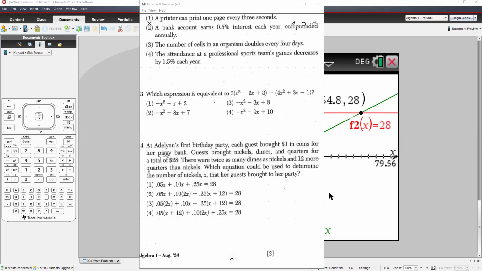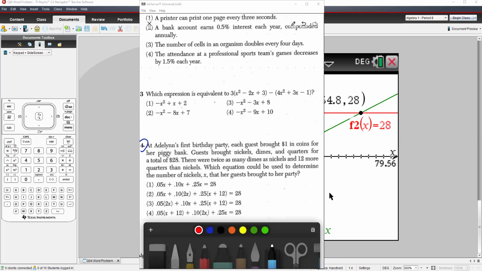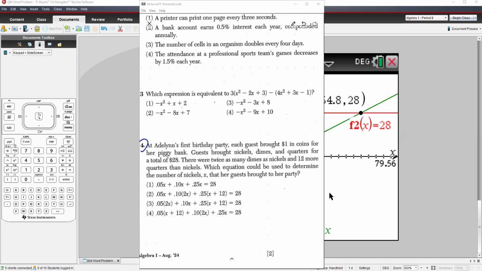I am going to do question number 4 from the August 2024 Regents exam. It's a word problem, and basically we're trying to figure out which one of these equations models this word problem. Now,